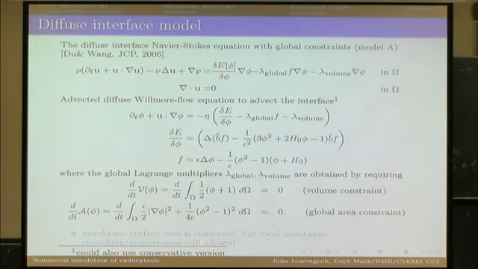And if you're introducing global constraints, so you ask that the volume enclosed is unchanging, and the total surface area doesn't change, then you get these two constraint equations, and you have these two Lagrange multipliers that are introduced to satisfy these constraints. Of course, this equation then has to be coupled with an equation for phi, and that's done using a kind of generalized Willmore type flow where phi is advected, but then